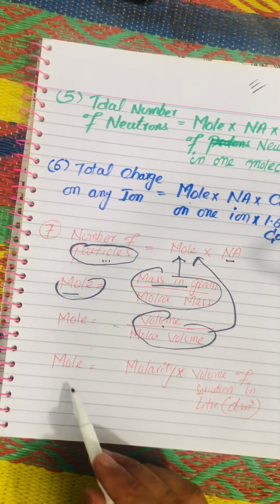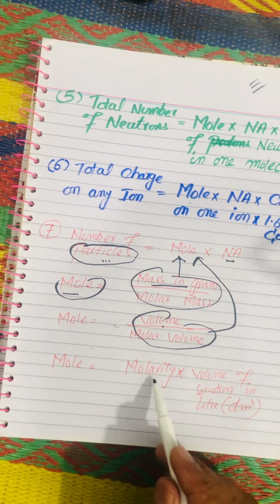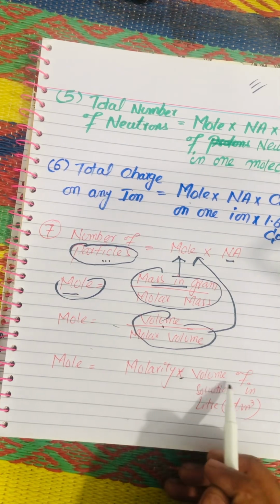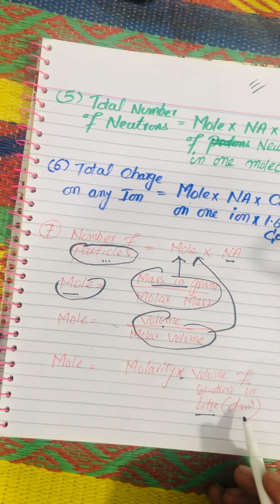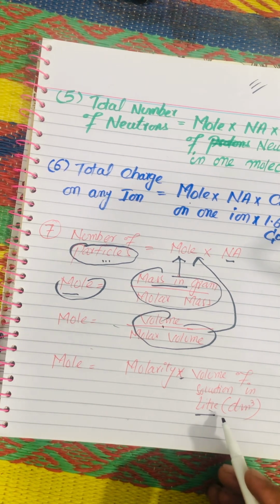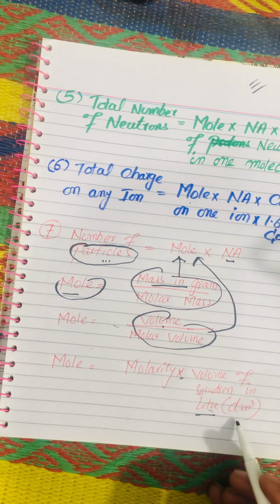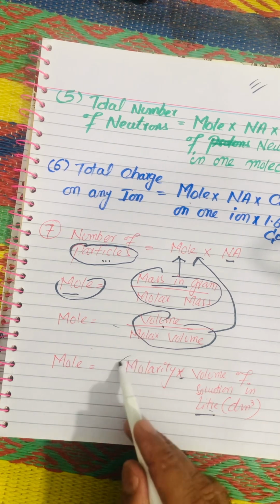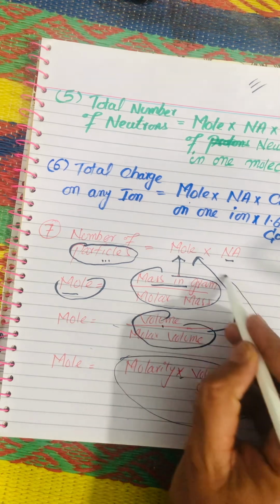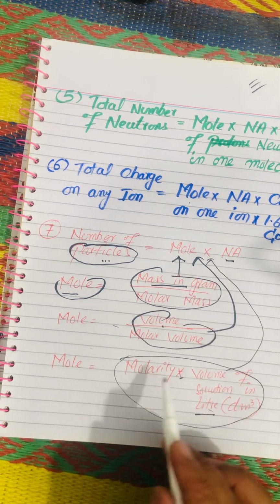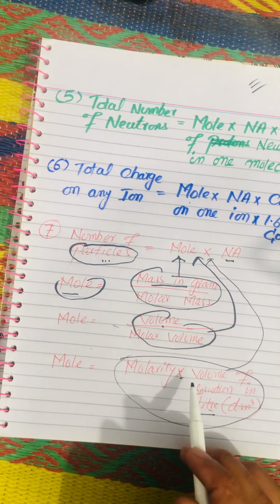Similarly, students, mole is also equal to molarity multiplied by volume of a solution in liter or in dm cube, as liter and dm cube are the same value. So you will also use the value of mole in this formula when the value is given in molarity. So these are